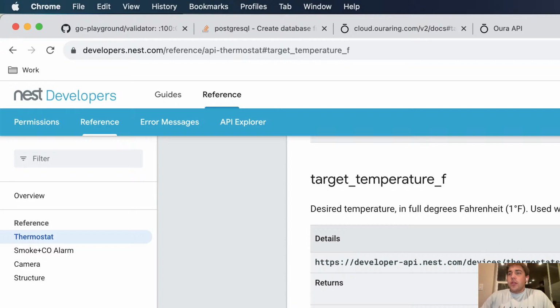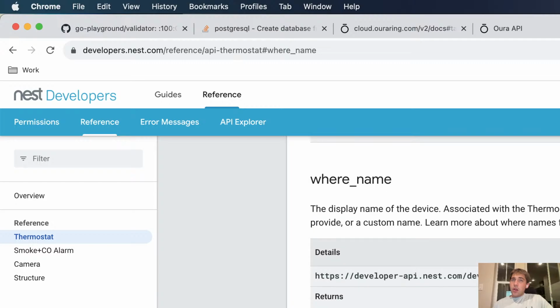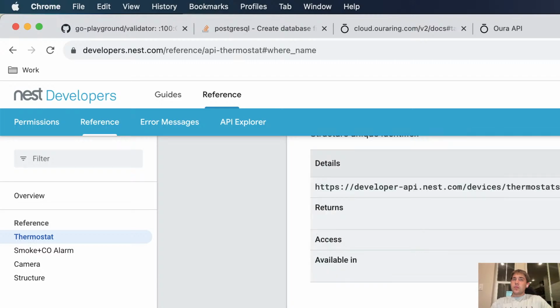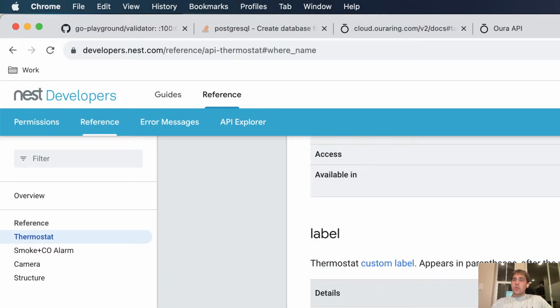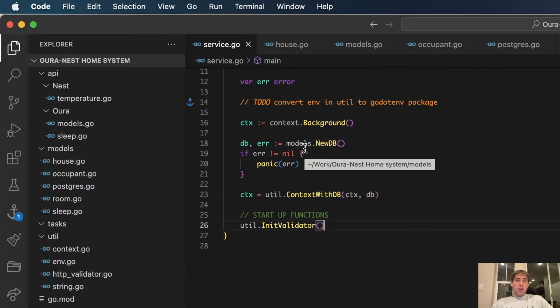Let's look at the other thing we have to look at, which is room, device. Okay, so let's first figure out a way to determine schedule.